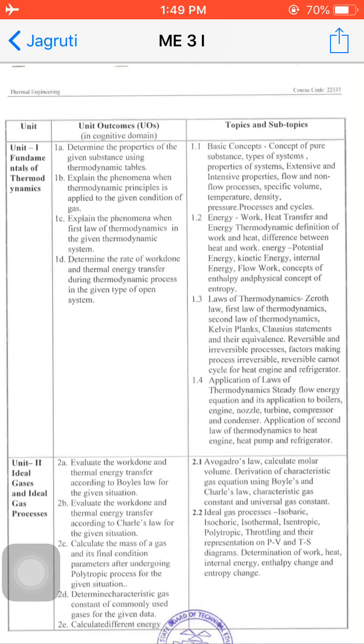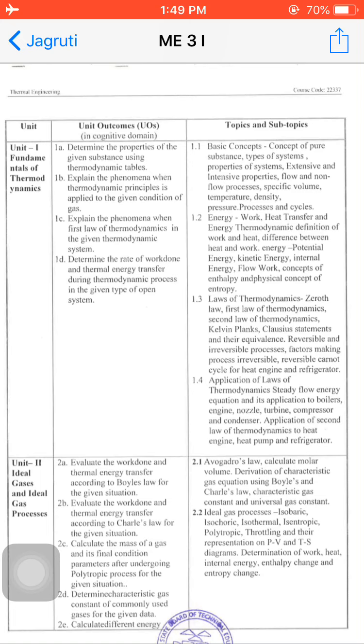Then, point number 1.3, where we have to see the various laws of thermodynamics: zeroth law, first law of thermodynamics, second law of thermodynamics. There are two statements of the second law of thermodynamics. First one is the Kelvin-Planck statement and second one is the Clausius statement and their equivalence. Then we have to see the reversible and irreversible processes, factors making a process irreversible, reversible, Carnot cycle for the heat